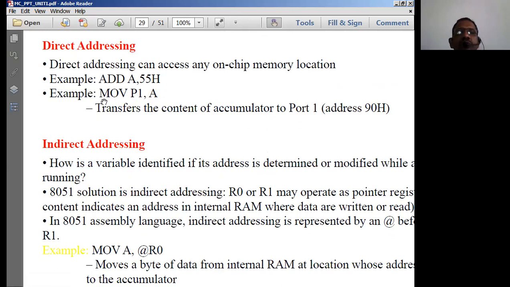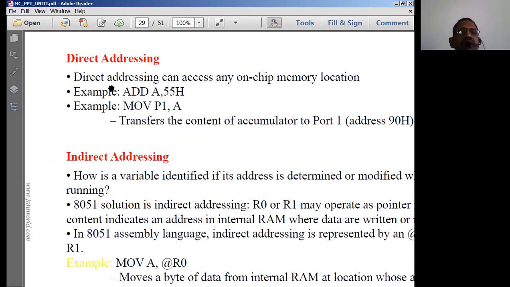In the case of the MOV instruction, the contents of A are moved into the address location pointed to by P1. P1 addresses 90H, so whatever device is connected at 90H, this data is transmitted from the accumulator. That means in direct addressing mode, one operand is a register and the other is a directly given address. That is the meaning of direct addressing mode.